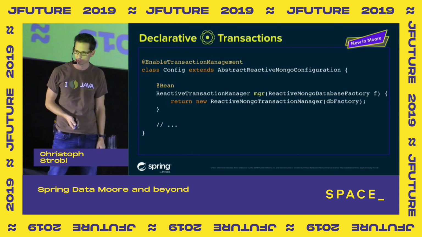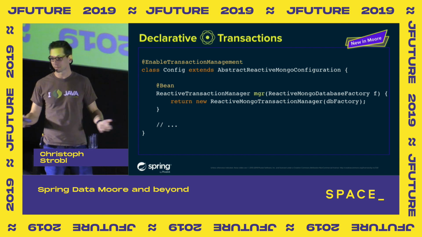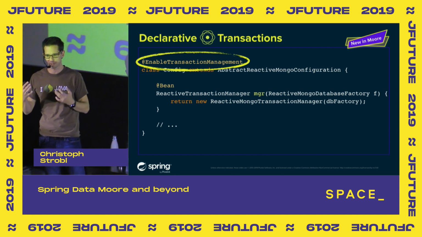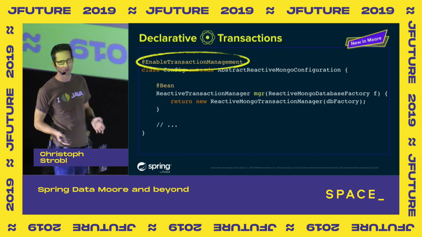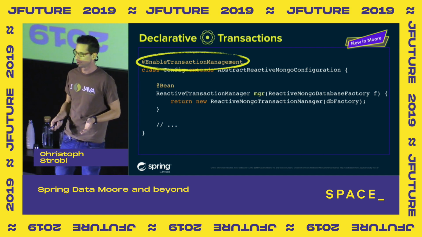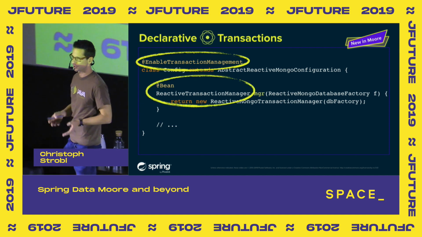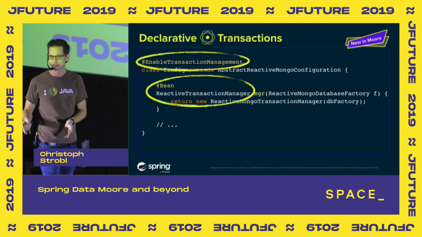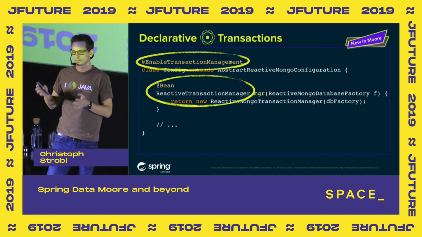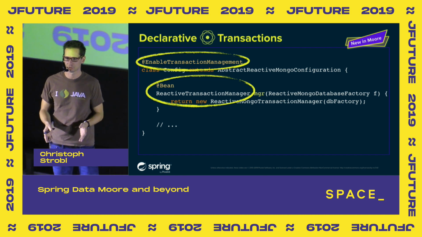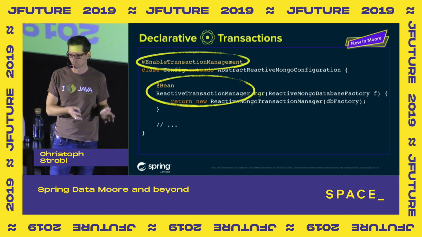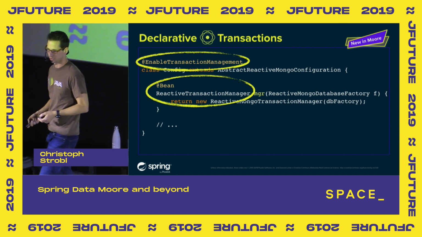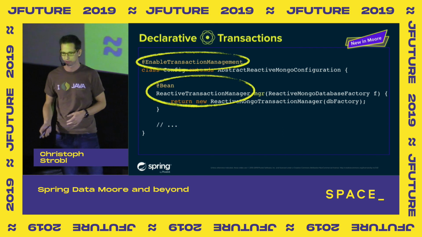With this declarative transaction management, we basically made this a bit simpler. And what you need now is basically you need to enable Spring's transaction management support, and you can use the very same annotations that have been there for literally ages to do so. And the second thing that you need to have is a reactive transaction manager. Those knowing Spring know that the transaction context basically needs a transaction manager. In this case, it just happens to be a reactive one that takes the information about an ongoing transaction, and instead of putting it into a thread local like the normal transaction manager would do, it just uses a Reactor context to propagate the information